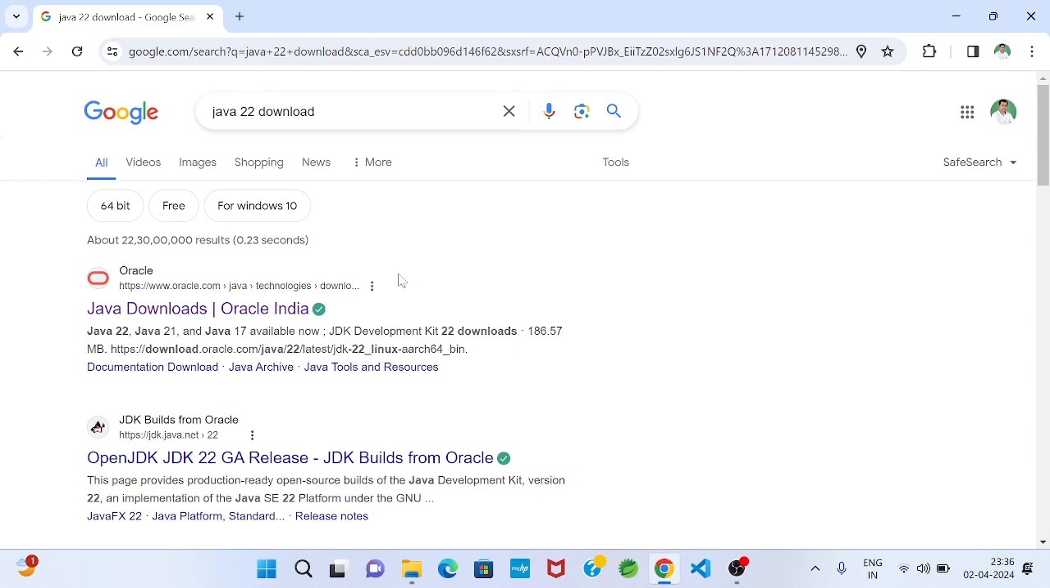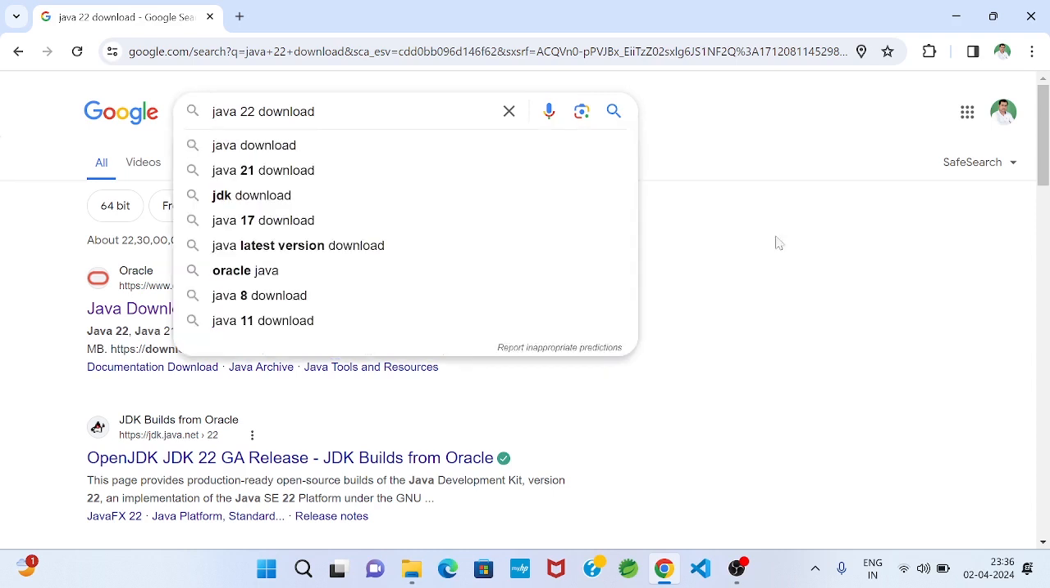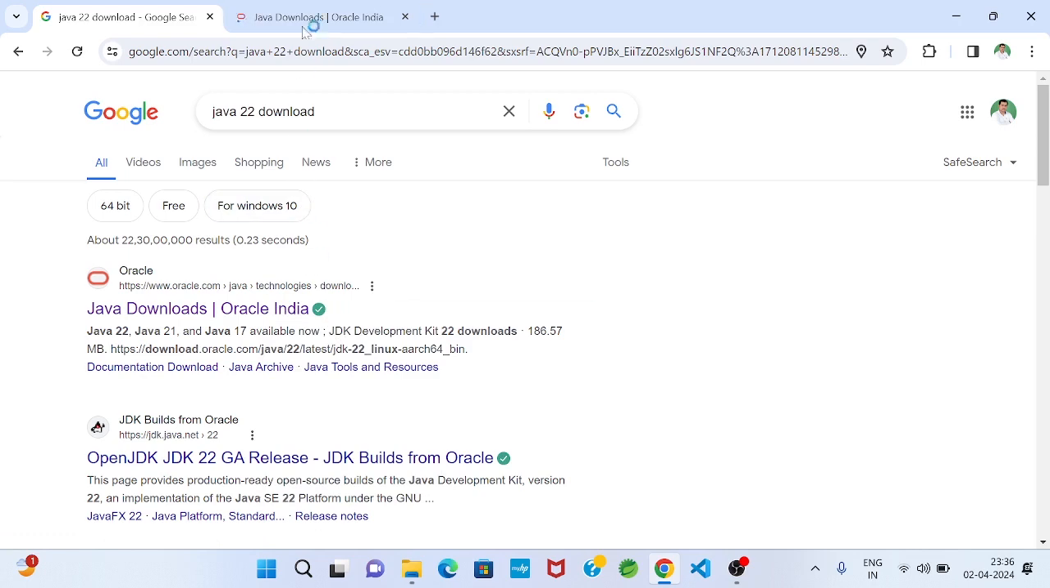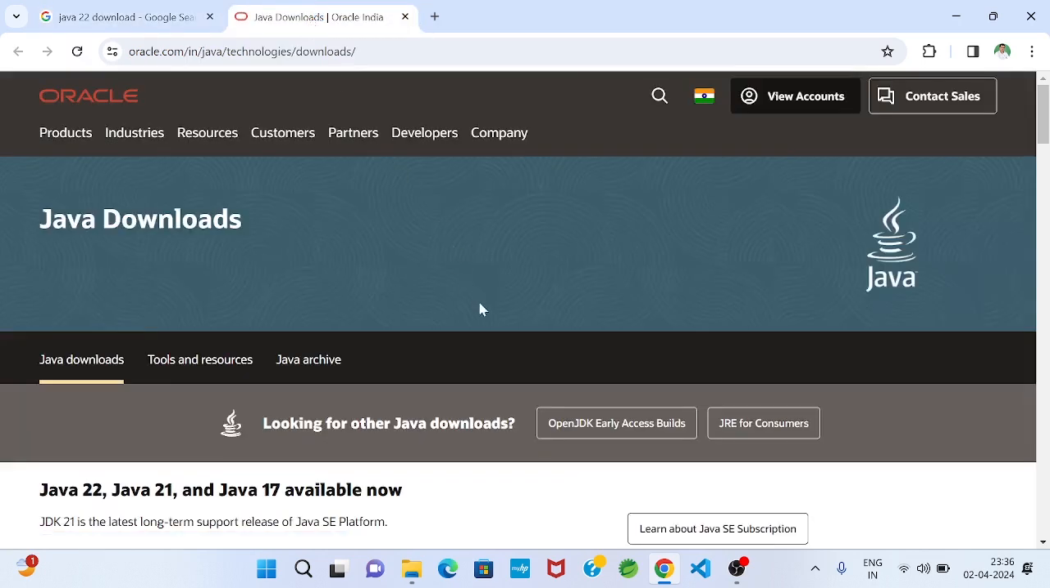Then after successful installation, we will see how to write a simple Java program and how we will execute it. So we will start. In Google I typed Java 22 download and I will click the first link. So you see,